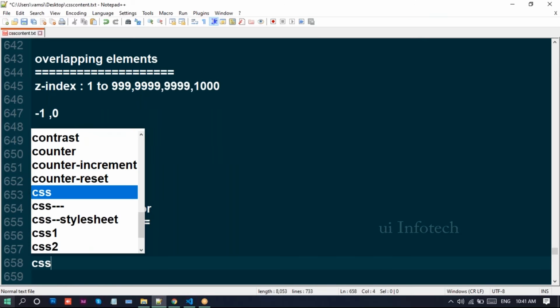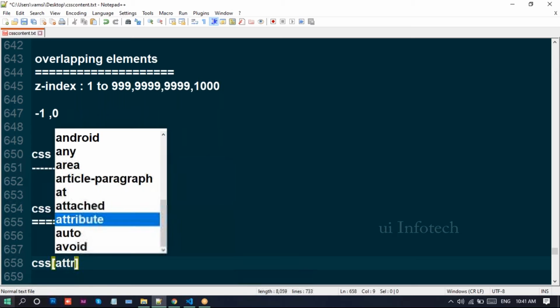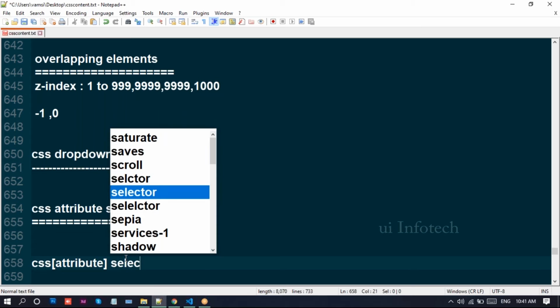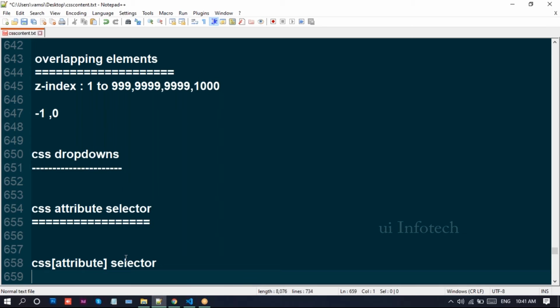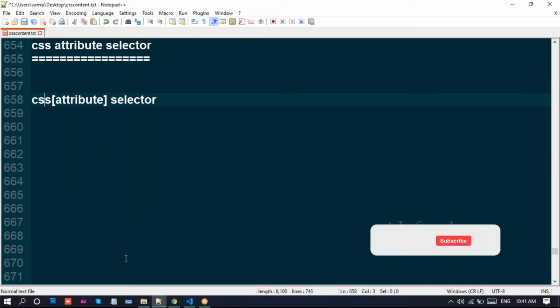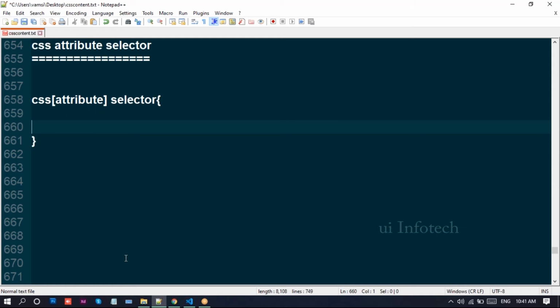Attribute selectors have a syntax for writing: CSS followed by square brackets. In that, just write the attribute selector like this.